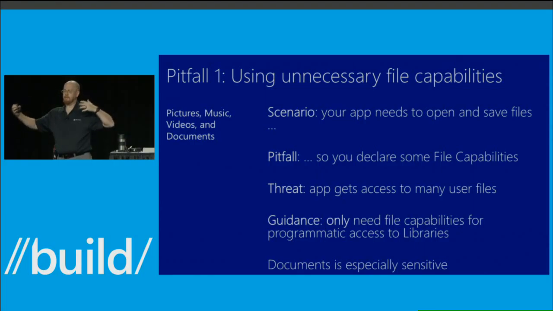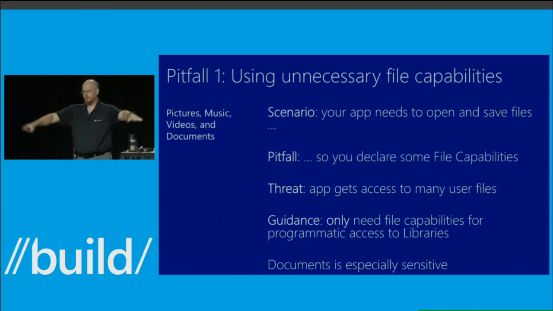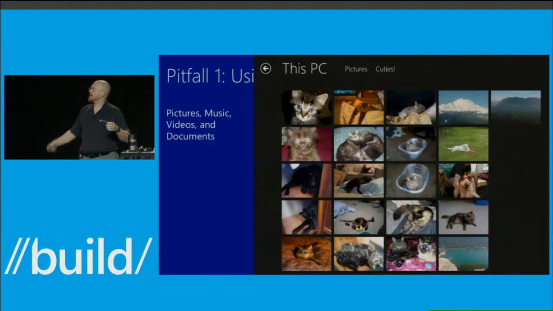So say you were building a music playing app. It would be tedious to force the user to go back to the picker every time they want to play a new song. They want to play playlists. So you declare the music capability to get access to all the music files. But for the most part, if you're building a notepad-like app, you just call the file picker, and it opens up the picker. It's a very nice picker. These are my cats. It gives you a text-oriented view if it's a bunch of documents. It gives you a picture-oriented view if it's a bunch of pictures. It knows what it's doing. And it lets the user pick any file they want and hand it to your app. So unless you're building a player of some kind, just use the picker, please.